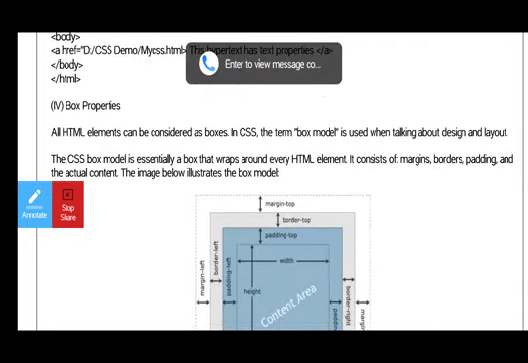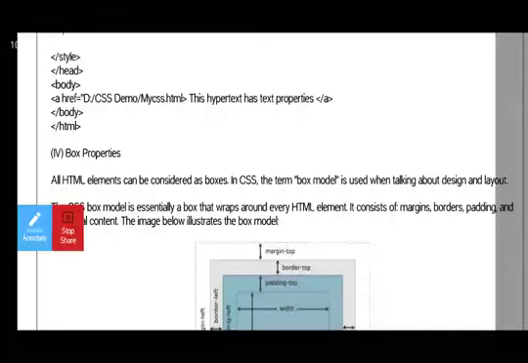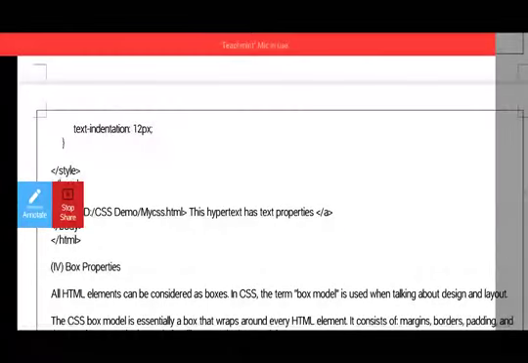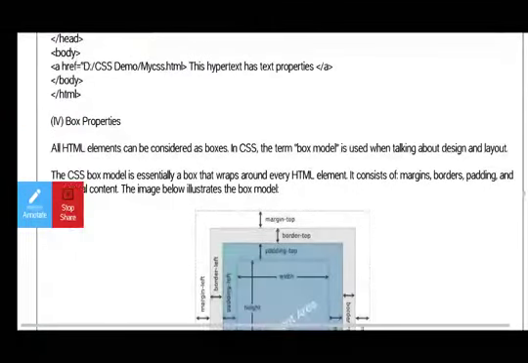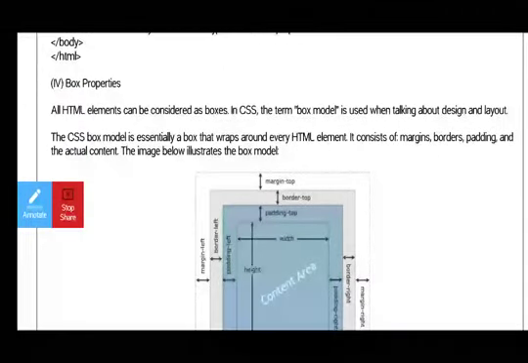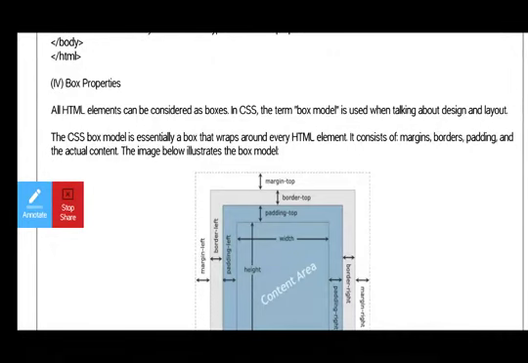All HTML elements may be considered as boxes. In CSS, the term box model is used when talking about design and layout. The CSS box model is essentially a box that wraps around every HTML element. It consists of margins, borders, padding, and the actual content.